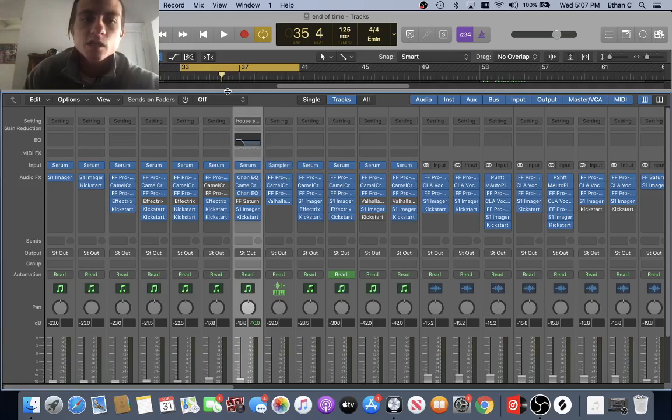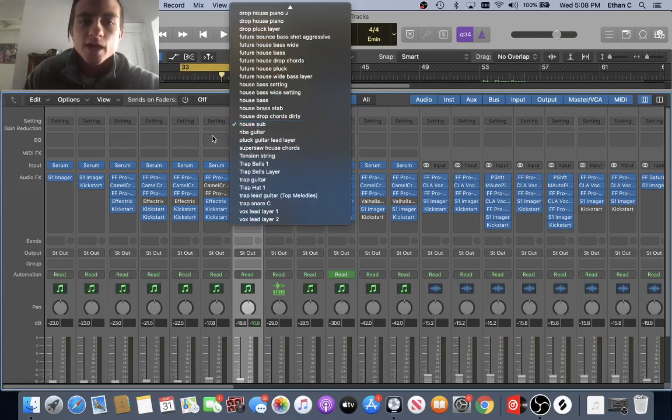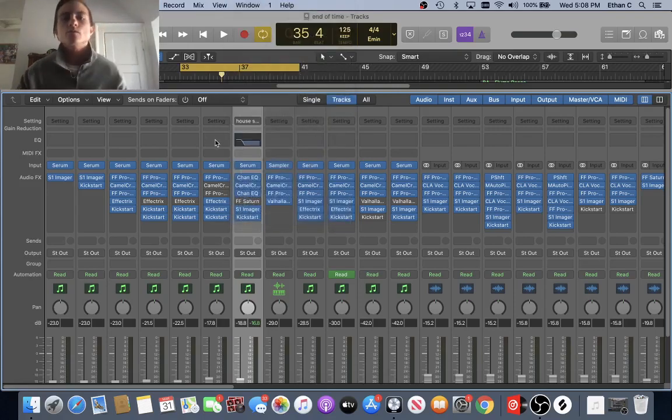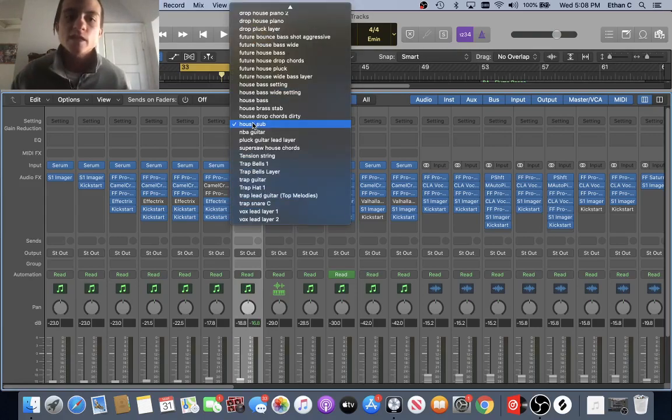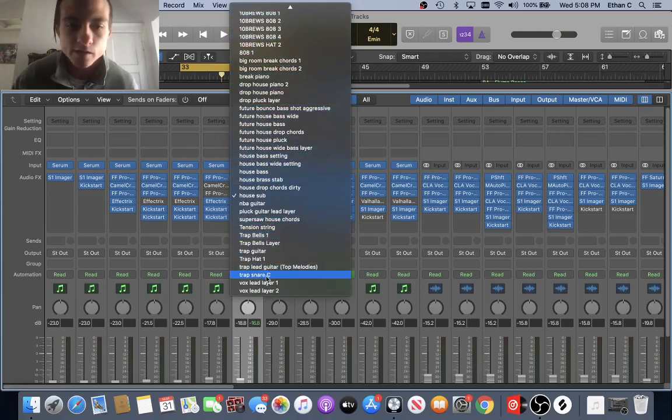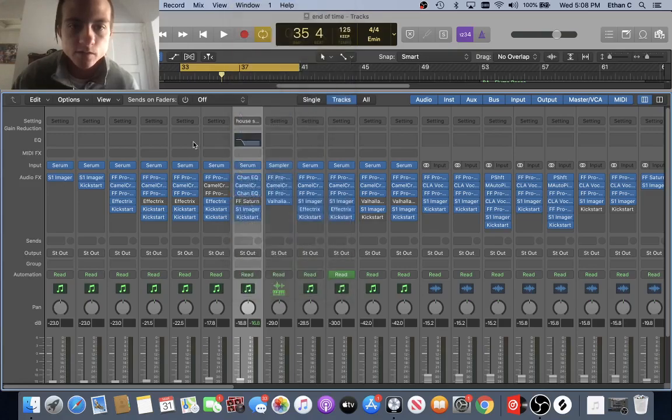Instead of me creating a new instrument, doing all of this EQing and adding the effects from scratch, it's already there ready to go. So I'd highly recommend, if there's a sound you use a lot, save this setting, and then you can use it in other tracks. So I have a lot here. I don't use a lot of these, to be honest, but another one,